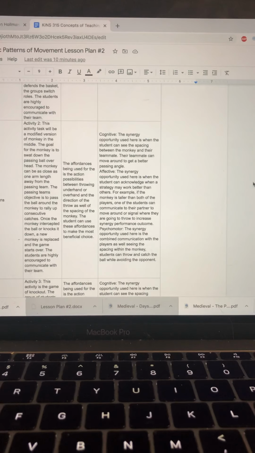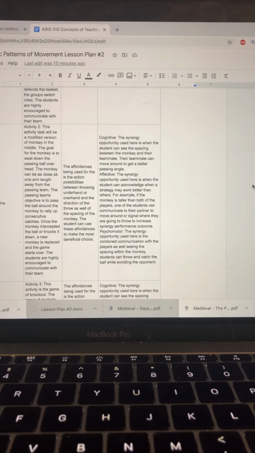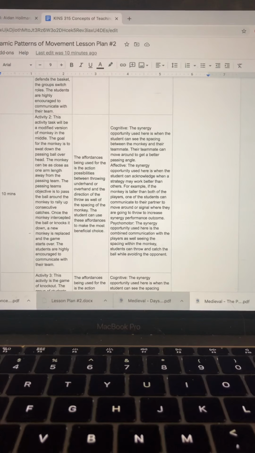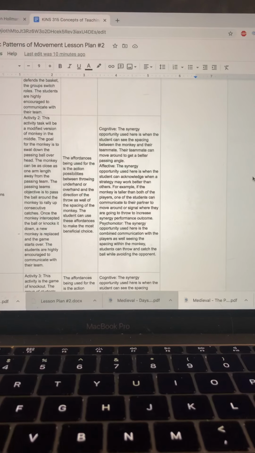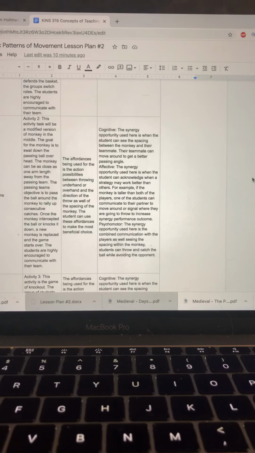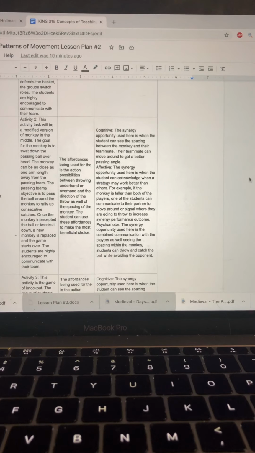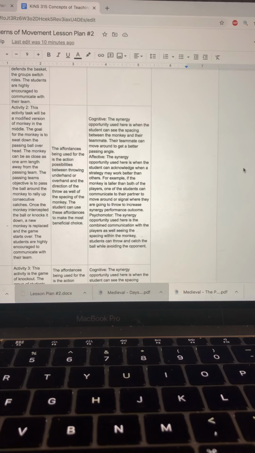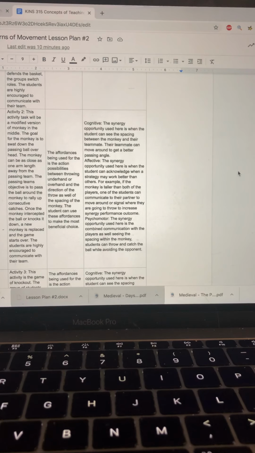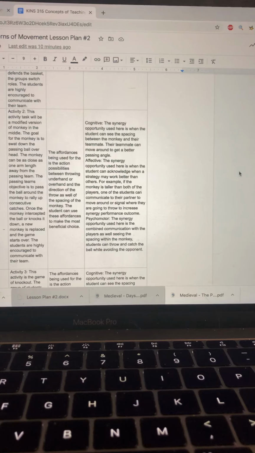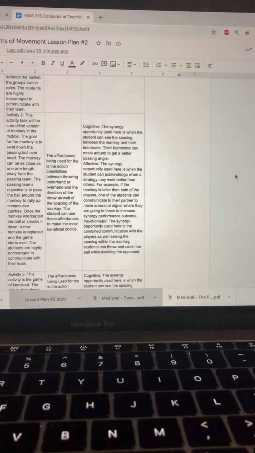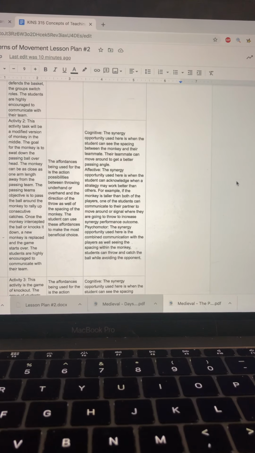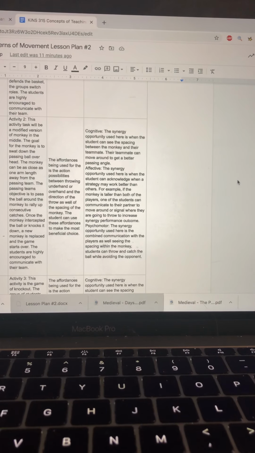Their team can move around and get a better passing angle. For effective, the synergy opportunity used here is when the student can acknowledge when a strategy may work better than others. For example, if the monkey is taller than both of the players, one of the students can communicate to their partner to move around or signal where they are going to throw to increase